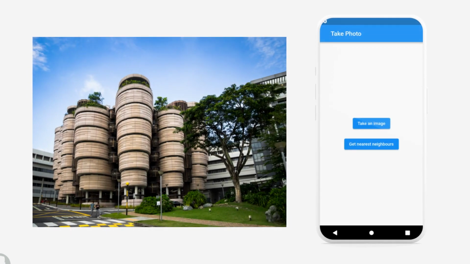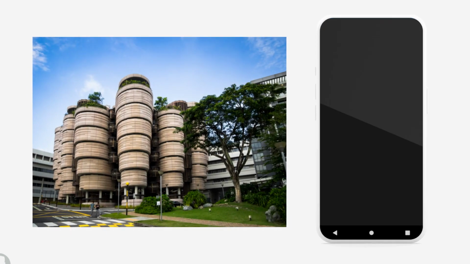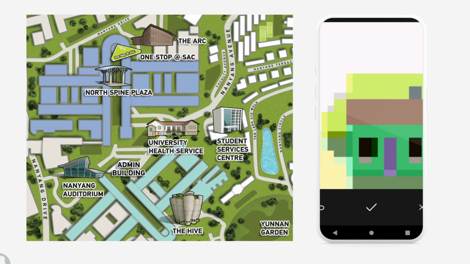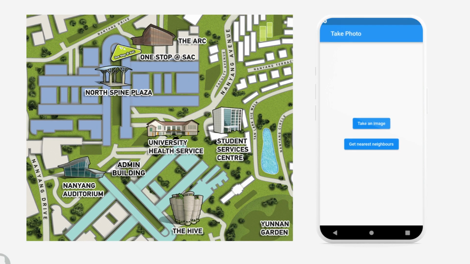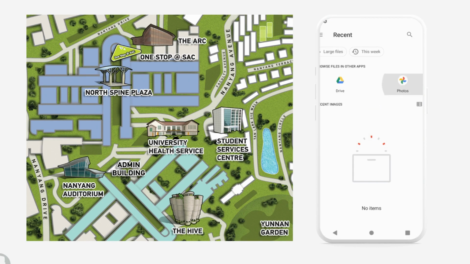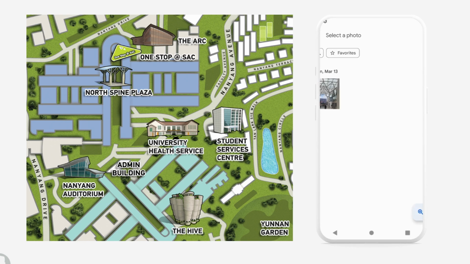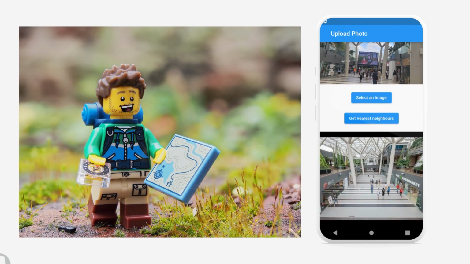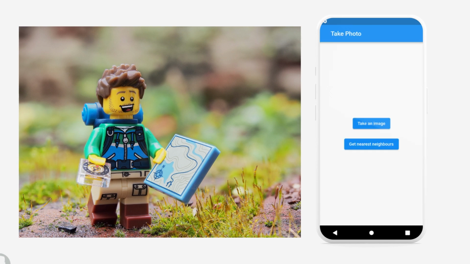To test the application of the models for visual localization at NTU, a sample dataset of the North Spine Plaza was created with images taken from Google Search. A mobile application POC was developed which allows users to take or upload photos and use the model to retrieve images from the previously created dataset. Such an application will greatly benefit freshmen and others alike in navigation within campus and to learn more about various